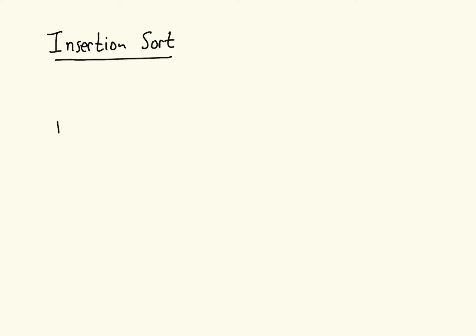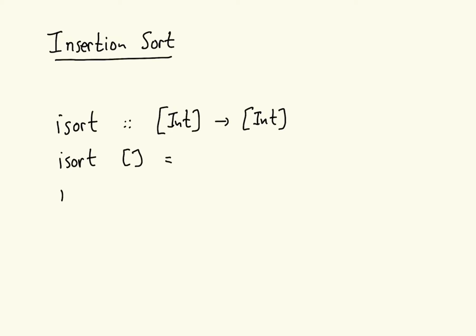Let me show you how to do this. I'm going to define isort, and for simplicity I'll say it takes a list of numbers, but we could generalize this and make it sort anything which has an ordering on it, which you might like to try playing around with for yourself. Here we're just taking a list of integers and giving back a list of integers. isort of the empty list is something, and an insertion sort of a non-empty list, x followed by xs, is going to be something else. When I explained it in English, I said the empty list is already sorted, so there is nothing to do. And then I said non-empty lists are